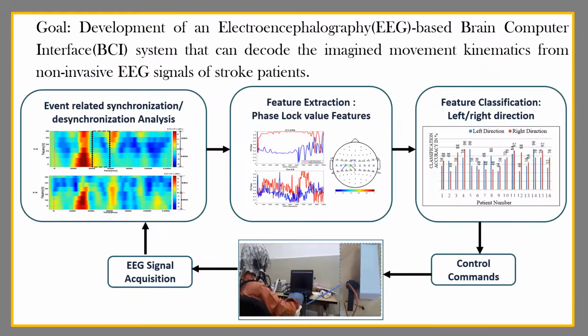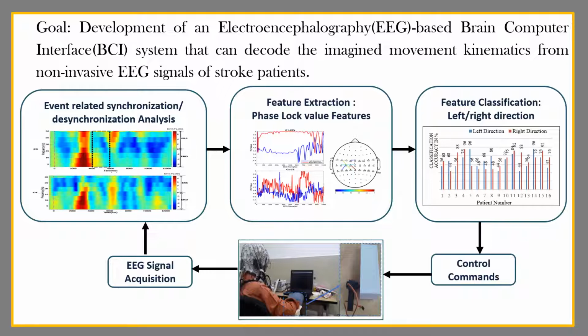The objective of this project is the development of an EEG-based BCI system that can decode the imagined hand movement kinematics from non-invasive EEG signals of stroke patients who suffer from upper limb movement disability. In the decoding algorithm, an event-related synchronization-desynchronization analysis was conducted to check whether the subject has performed the motor imagination